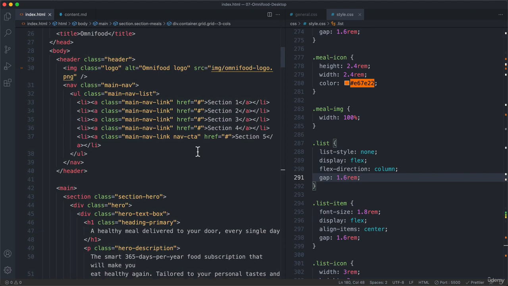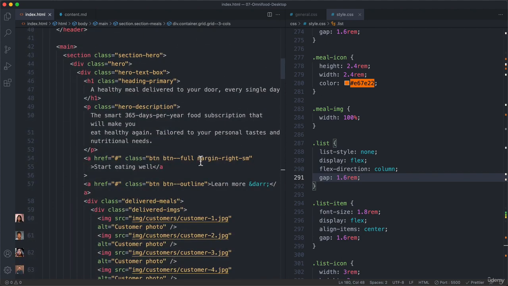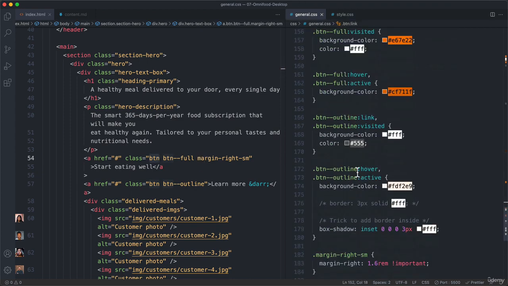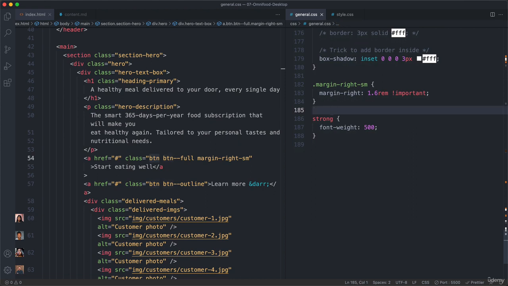And actually, let's do that. So we did that here with one of the buttons. Yeah. So here the margin right small, because we had the same situation where we didn't want to add any margin to any of these button classes here. Again, because they should be reusable, right? So let's now do another helper class, which I'm going to call